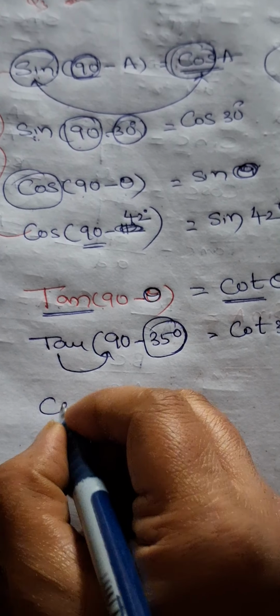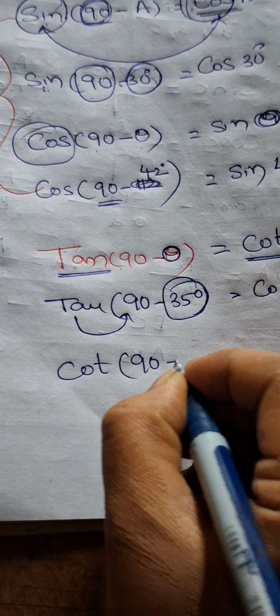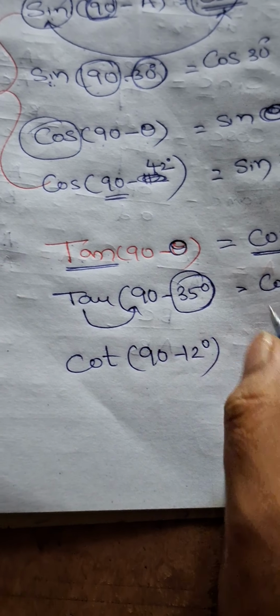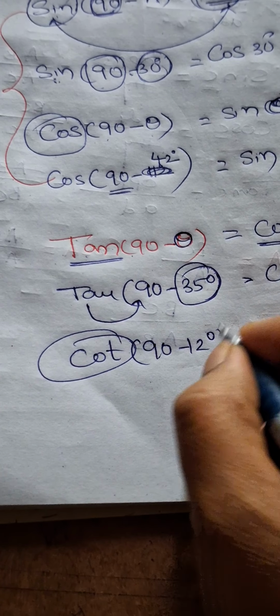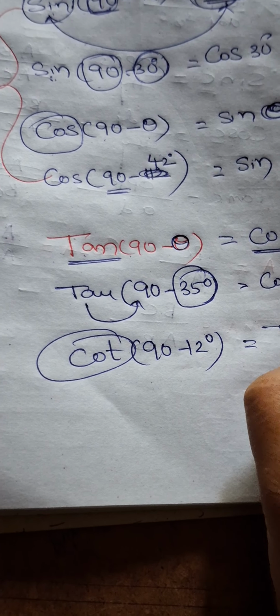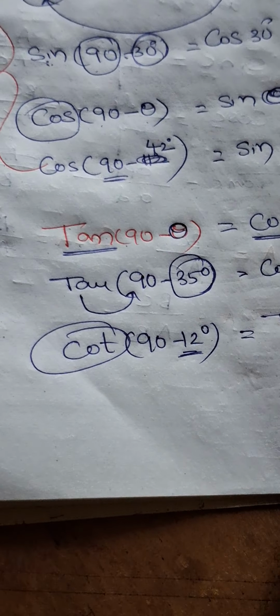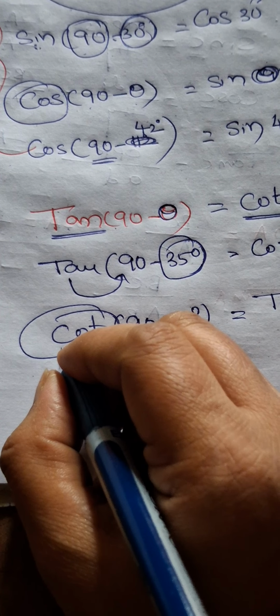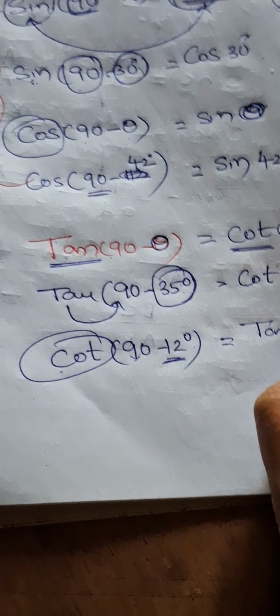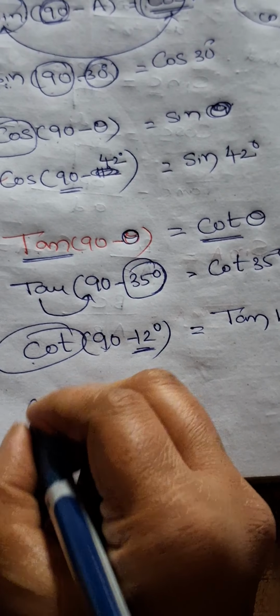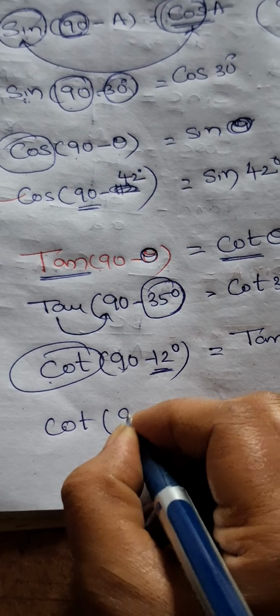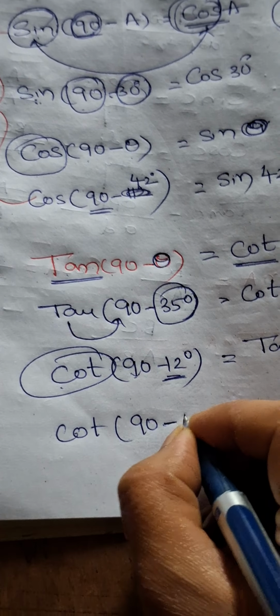And for example, if you have cot 90 minus 12, what will come? Cot comes to tan. So what do you have here? 90. So we have to change it. 12 is there, so you have to write 12. For example, if you have cot 90 minus 40,